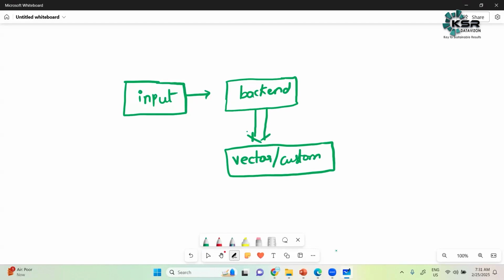So it is the input. The input directly will go to the backend. In the backend, there are things called vector or custom DB. DB means database. From the custom database, it will search, and then it will extract some information,